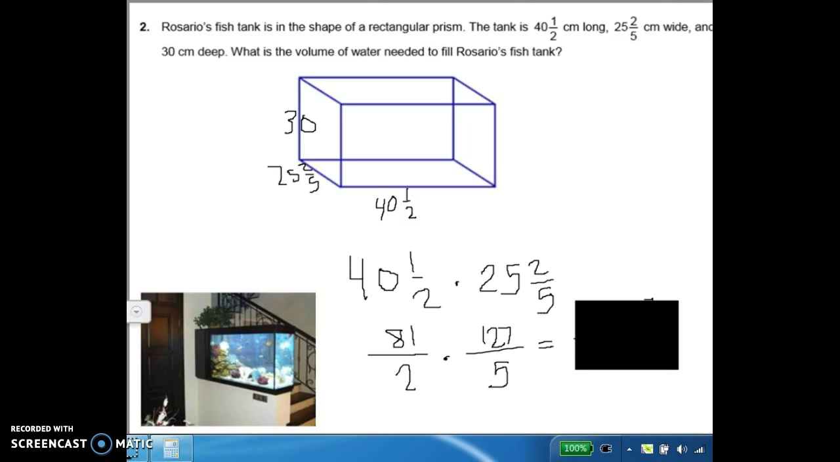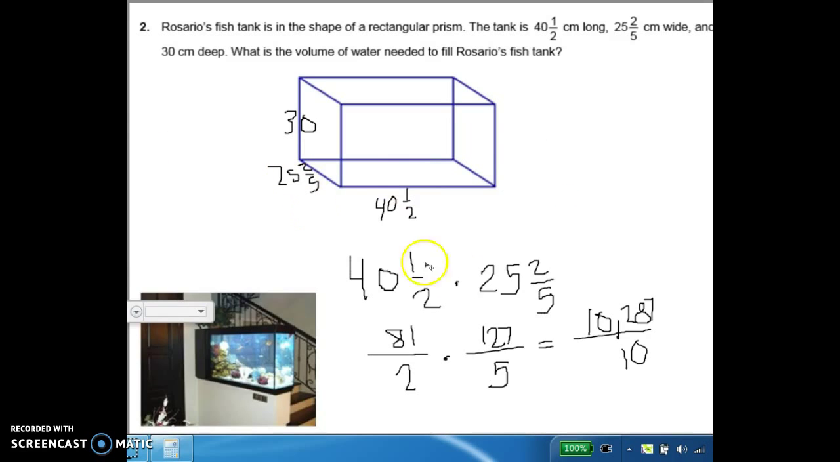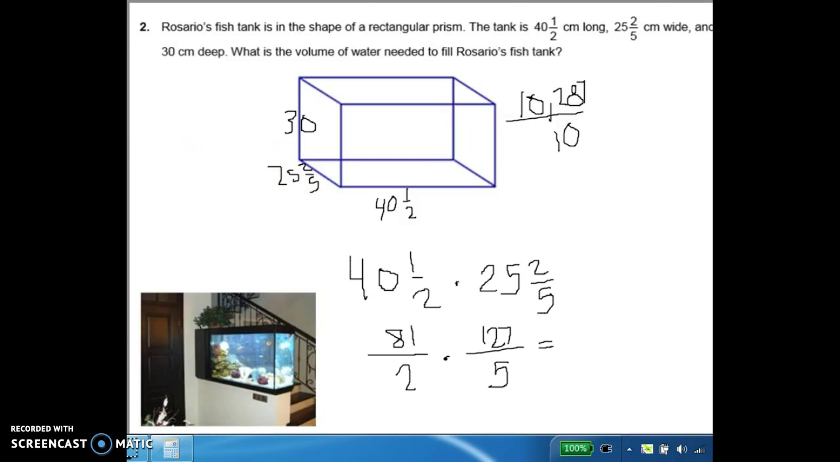Okay, if you used your handy dandy calculator and did that math, you should have 10,287 on the top and 10 on the bottom. The next step would be to multiply this area of the base by the height or the depth of this fish tank. So I'm going to go ahead and work that up here, and just let me copy our little area right here and move it up, and then we're going to times it by 30,